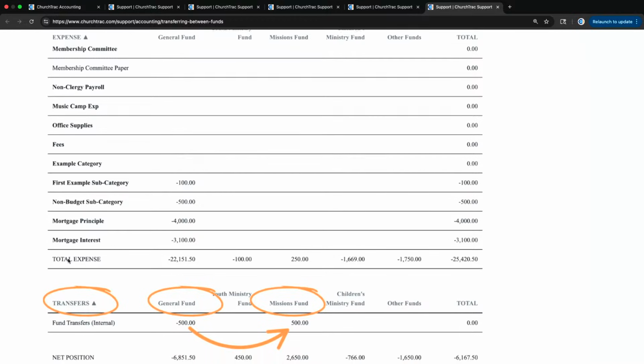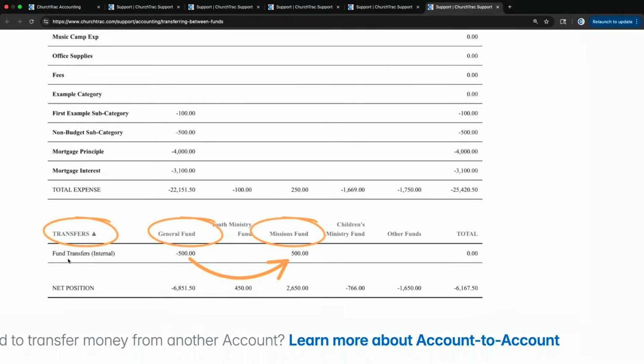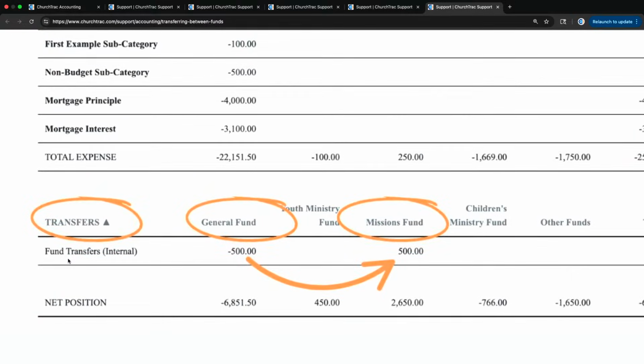Right. And so we've created a new section on your income statement now. After your income section, after your expense section, you're going to see this new transfer section. And so this will show you for the time period that you run your income statement for, the amount of money that moved horizontally between funds, and we associate it with an internal fund transfer.